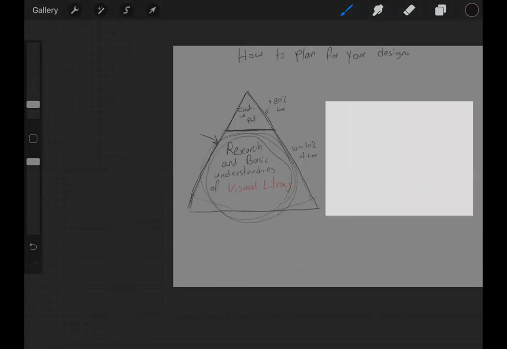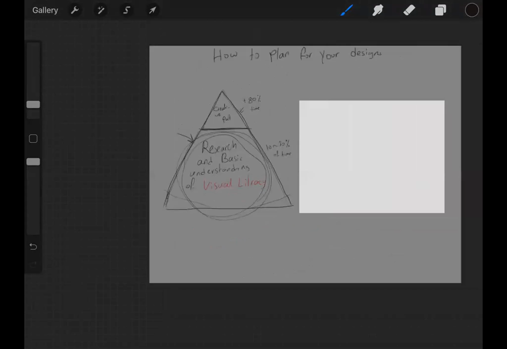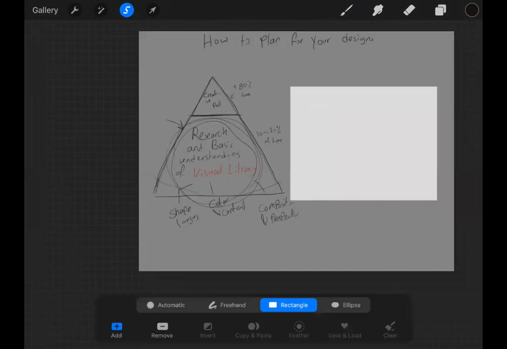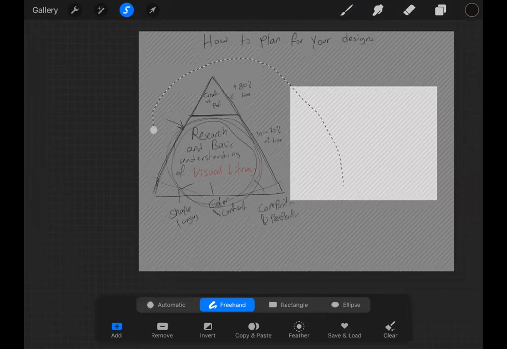Then you can move to the creative part, which is actually the details and the shapes and the ideas and stuff like that. But this part actually consists of shape language, color and contrast, composition, and perspective. Once you master these, you'll be able to design whatever you want. So, that known, without any further ado,